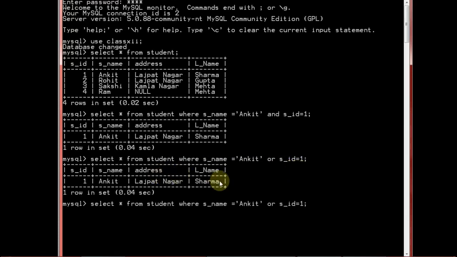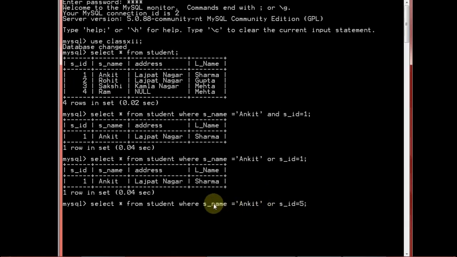But suppose I have written where S name equals Ankit or SID is 5. If you look in the record, ID 5 does not exist over here. The name is Ankit but the ID is 1 over here, but I have written 5. But what condition have I used? I have used the OR condition, and the OR condition tells that either one condition should be true.